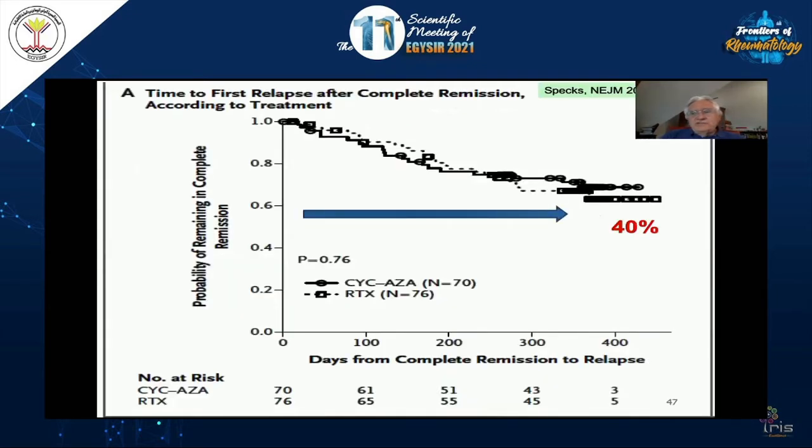The second study, which was published, was the follow-up of the same series of patients at 18 months. You can see that the survival curve without relapse is the same if the patients have received azathioprine for maintenance or a placebo after induction with rituximab. It demonstrates clearly that azathioprine is not useful when you induce the treatment with rituximab, because with placebo, the results are the same. But I think that it doesn't show that it is interesting and positive for the patients to choose another treatment for maintenance. Because here at 18 months, 40% of the patients have relapsed, which is not very satisfactory